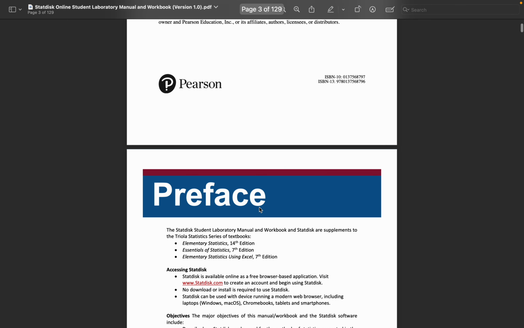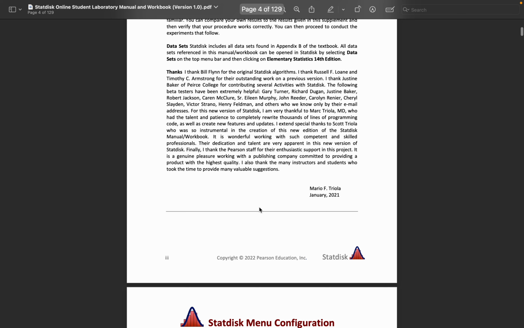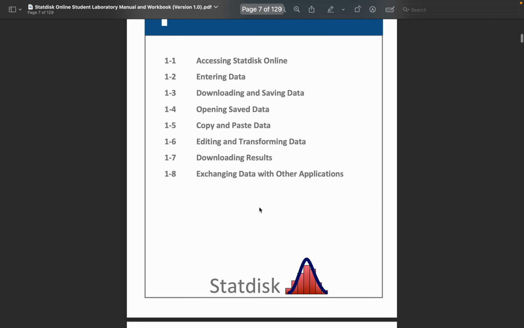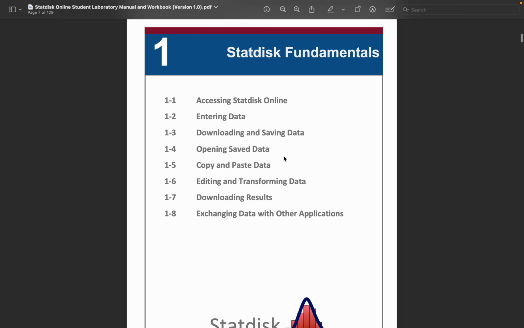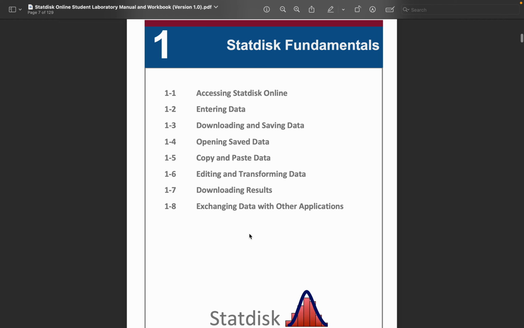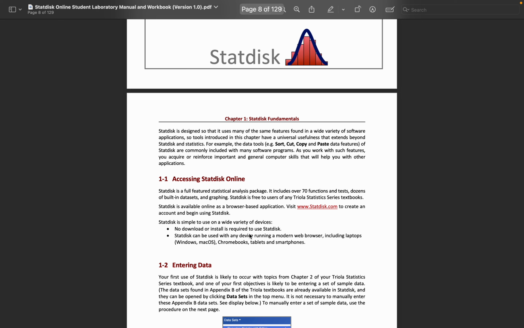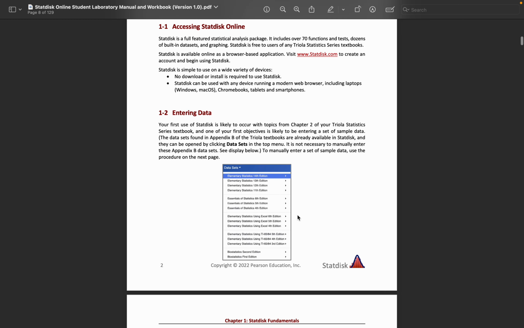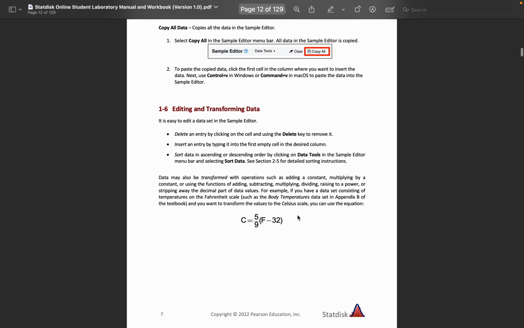Once we have this, you want to go through, maybe just quickly, some of this part right here, so hopefully you start feeling comfortable with these kinds of things that you can do with StatDisk. You'll see the instructions on the assignments part in Canvas, but you want to read through pages 2 through 10.